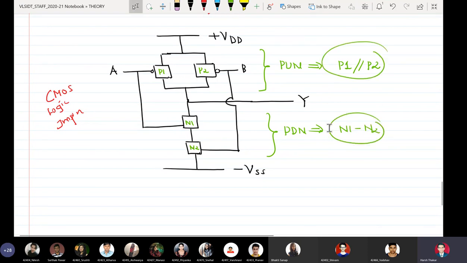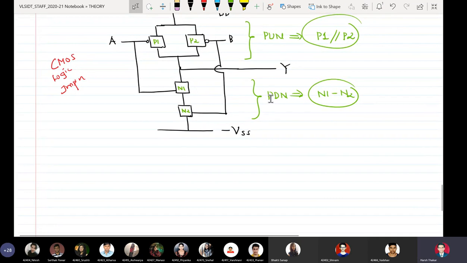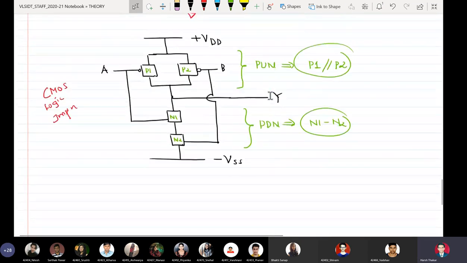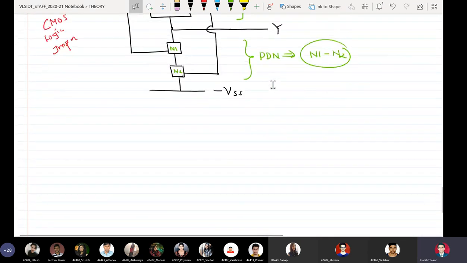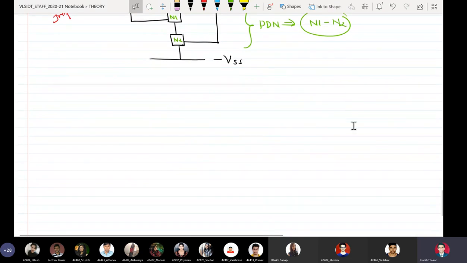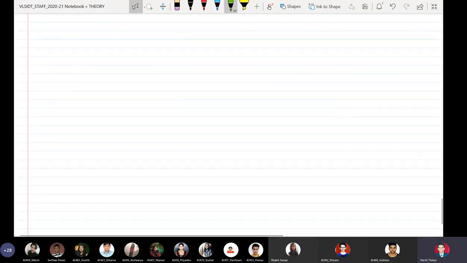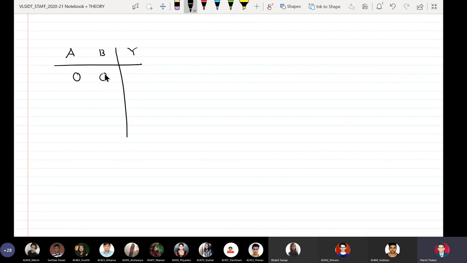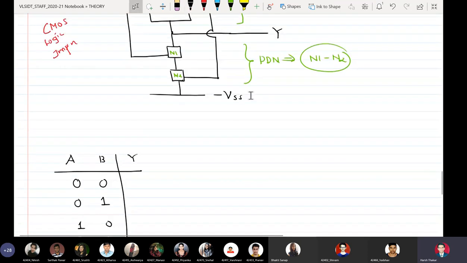It's so simple. If you want to prove that this particular circuit diagram acts as a NAND gate, what can we do? We can do this. Let us check what truth table is realized. So I will write A, B, Y: 0 0, 0 1, 1 0 and 1 1. I will not write anything in Y yet, but I will analyze it here.